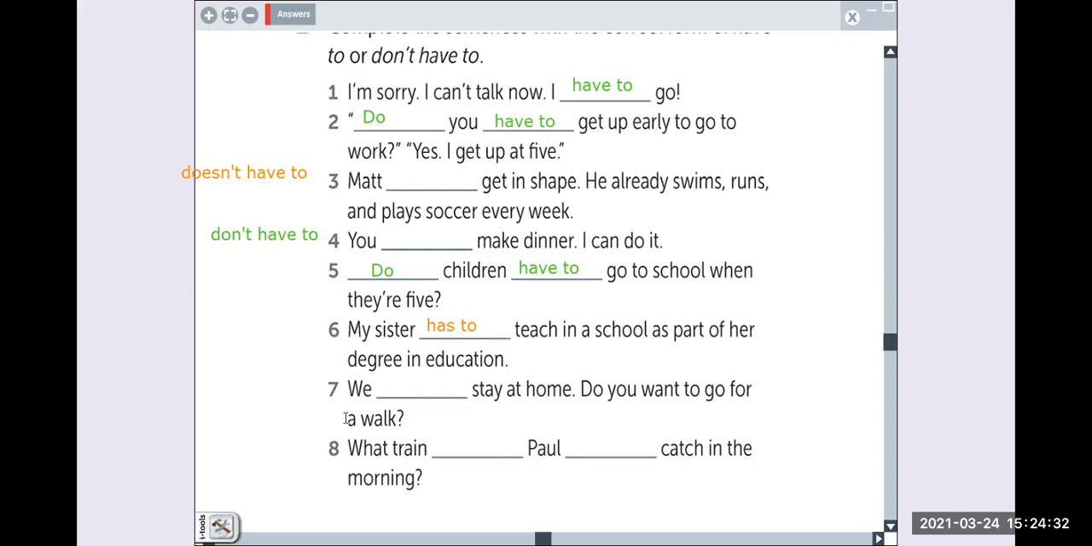Number 7, do you want to go for a walk? We don't have to stay at home. You want to go for a walk? Yes. Number 8, what train does Paul have to catch in the morning? Very good. Okay. I want you to do